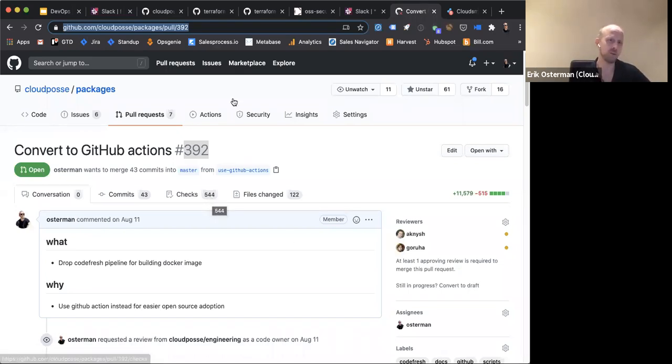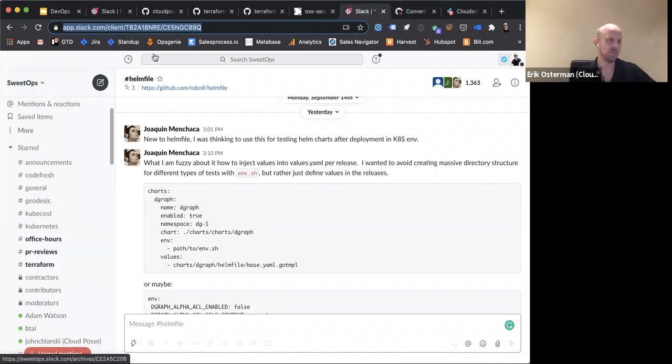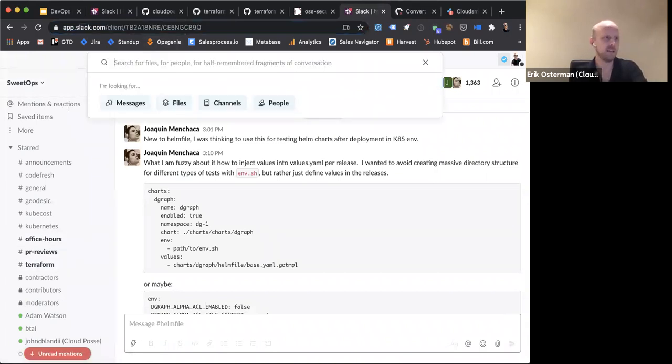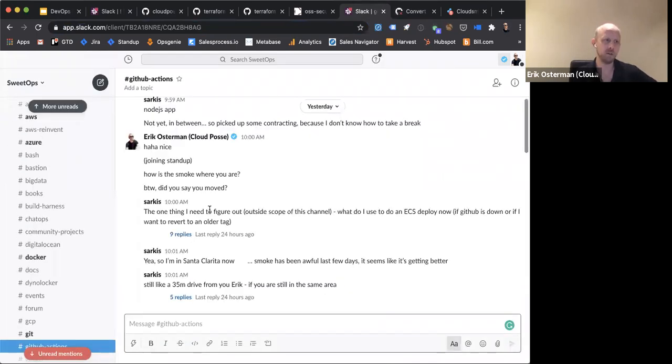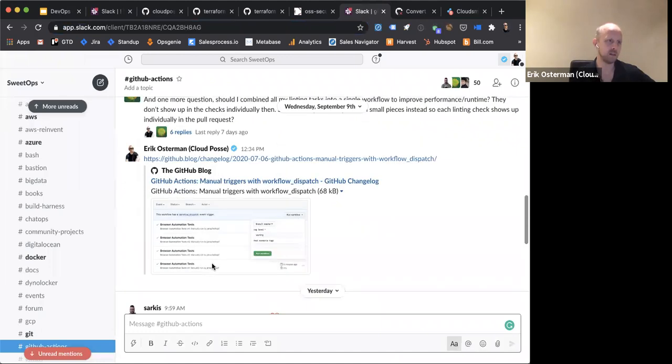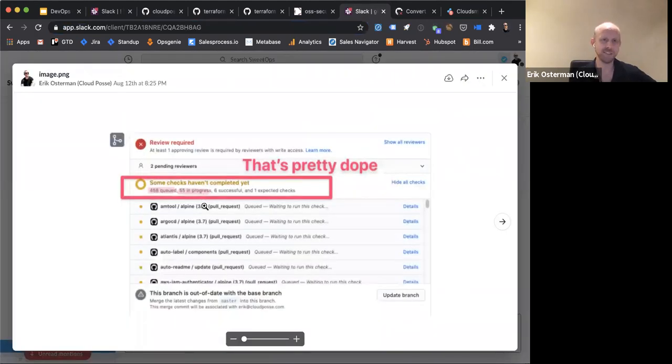And in a previous session, I think I showed GitHub Actions is pretty amazing for this use case because they actually allowed us to run over 50 concurrent jobs building packages, and that was entirely free. So here is a screenshot I had to take of that. 458 jobs queued, 55 in progress, 100% free because it's open source, public repo.